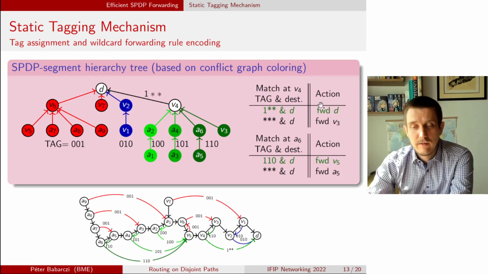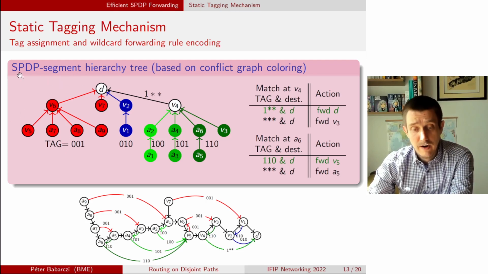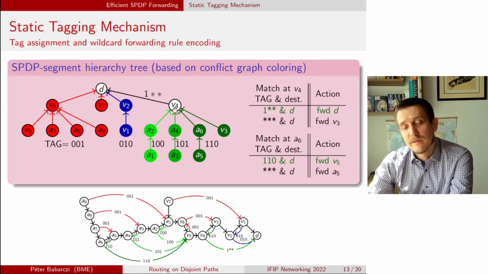A very high-level view of our algorithm in the paper is that, based on the graph coloring we have previously, we built a so-called SPDP segment hierarchy tree, and we check whether there is a node which has child nodes with different colors. In this case, we have three different colors going to V4, which means that the forwarding table rule, or the match rule, in the forwarding table should match all tag values assigned to these three paths, which is shown in this case in this right-hand side